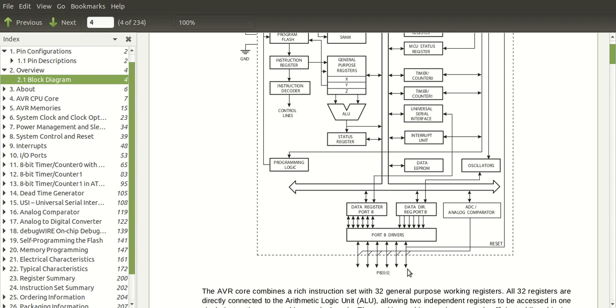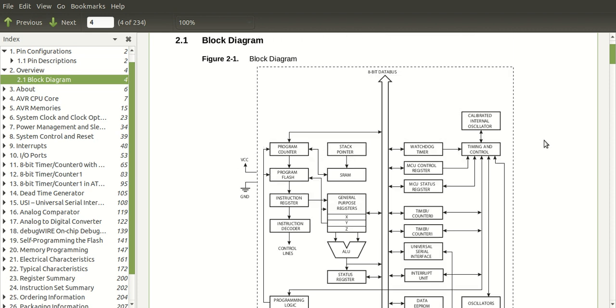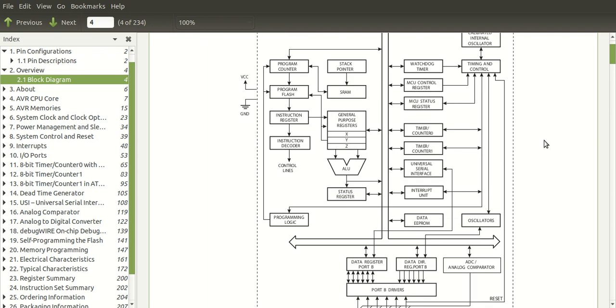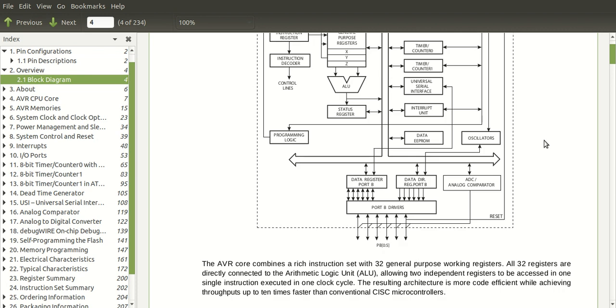If you want to read data from the pins, what will happen is, whatever is the value of the data in the pins, it will be passed to the port B data register, which will then write it to the 8-bit data bus, and then it will be transferred to the microprocessor over here. So a microcontroller means it is a microprocessor along with peripherals.